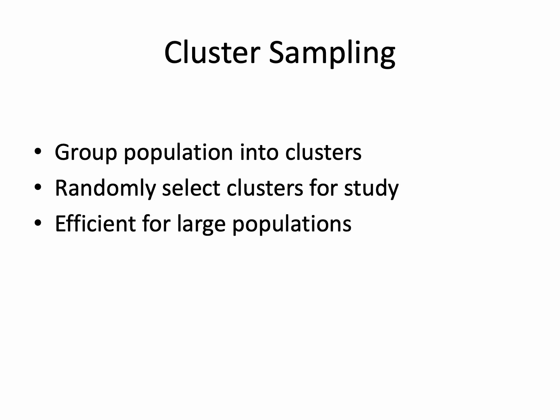Following purposive sampling, let's discuss cluster sampling in Canada's research landscape. Cluster sampling involves dividing a population into clusters, such as geographic regions or schools, then randomly selecting clusters for study. For example, a Canadian education study might select schools as clusters to evaluate teaching methods, surveying all students within chosen schools. This method is efficient for large, dispersed populations, like Canada's rural and urban communities, reducing logistical costs compared to